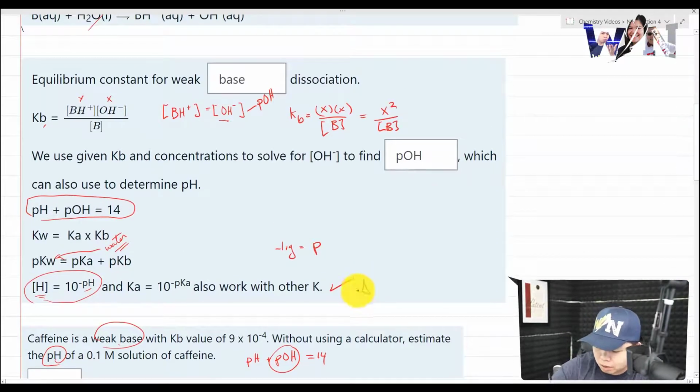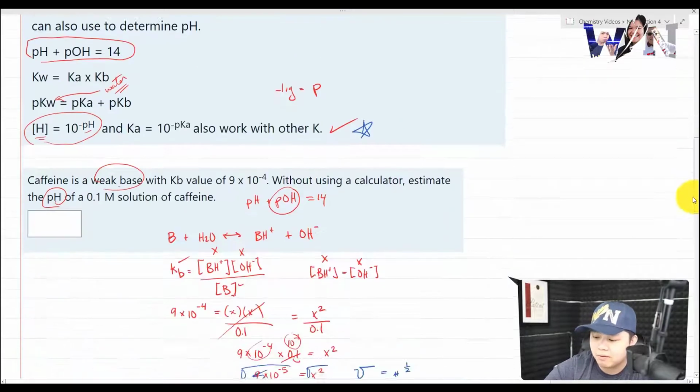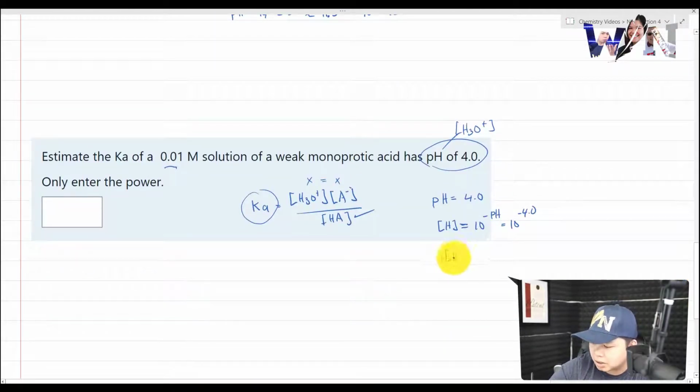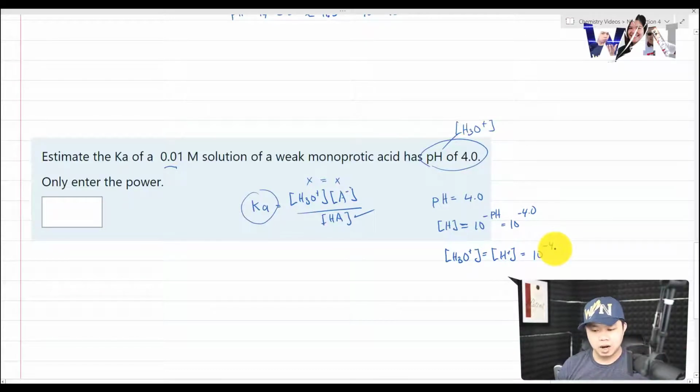This part is where a lot of people got tricked on the AP test. If you don't memorize these basic facts, you are going to have a very difficult time, okay? So in this case, the concentration of H3O plus, which is the same thing as the concentration of H plus, is equal to 10 to the negative 4. There you go. Now we can plug it in, right? Because what we know is this right here is also equal to the concentration of conjugate base right there as well. So let's plug it in.